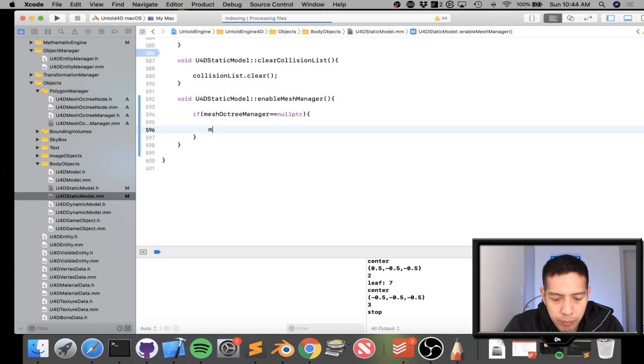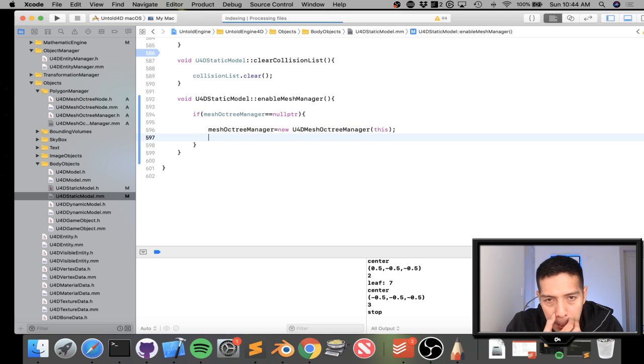All right, mesh octree manager, new for the mesh octree manager, and I'm going to say this, right? I'll just do itself. Home, and then